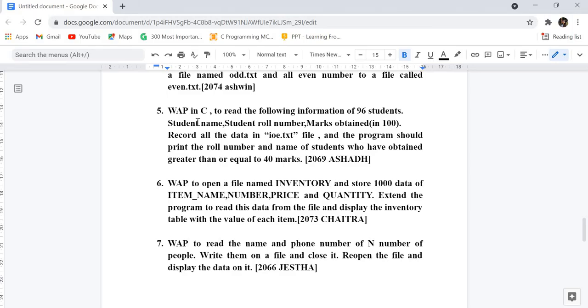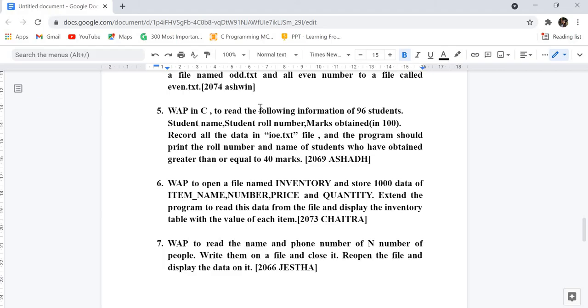Okay, so simply what we have to do, we have to record all the data in a file called ioe.txt, and for those students who have secured more than 40 marks, we have to print the information of those particular students only. Fine. So this question they have asked for 8 to 10 marks.